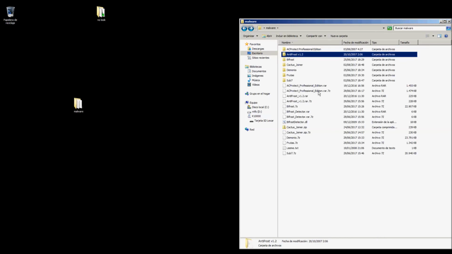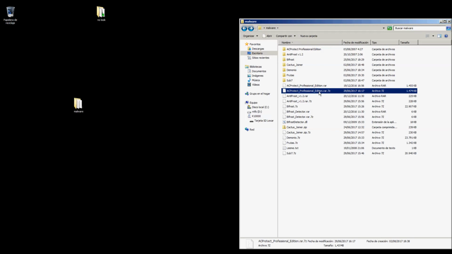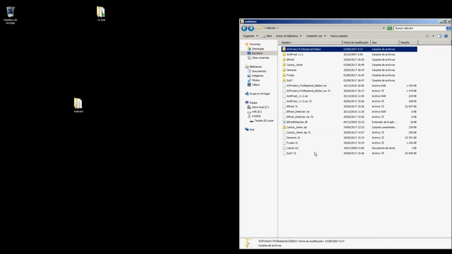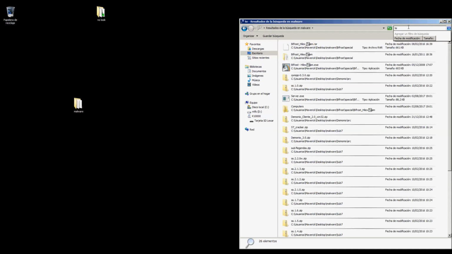Okay, and when you download it, you will have something like this, so you should uncompress and uncompress again to have this. So if you have some questions, or you want to collaborate, or you want to add some malware stuff, old or new, that we haven't got yet, you can write us at team dot gmail.com. Okay, like this,